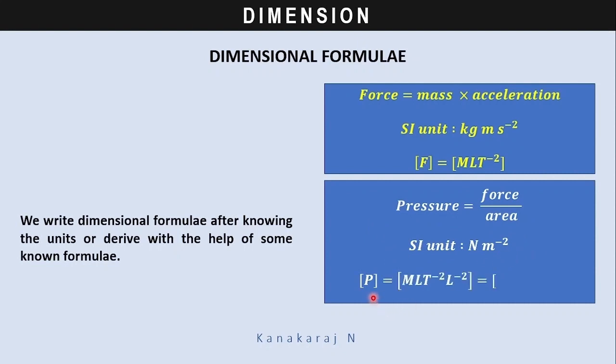So the dimension of pressure equals, in the place of Newton we write M L T power minus 2, and in the place of meter power minus 2 we write L power minus 2. So we get M L power minus 1 T power minus 2 within square brackets as the dimension of pressure. And remember, M L power minus 1 T power minus 2 is not only the dimension of pressure, but also it's for stress,